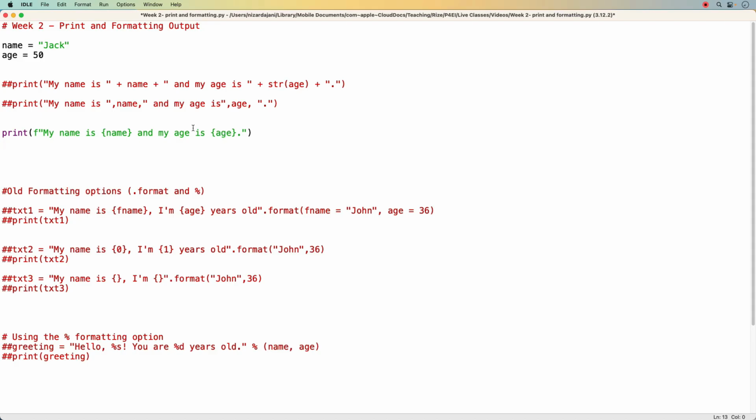You can see that this formatting option is cleaner and nicer, with not a lot of commas that might confuse people, and just one single set of double quotes. Here I have to put double quotes, comma, variable, then double quotes, then variable, then double quotes, so it's a little bit confusing. This is more streamlined. This is the new formatting option. Again, I'm not sure which version of Python it was, but it's something new. And if I run this now,